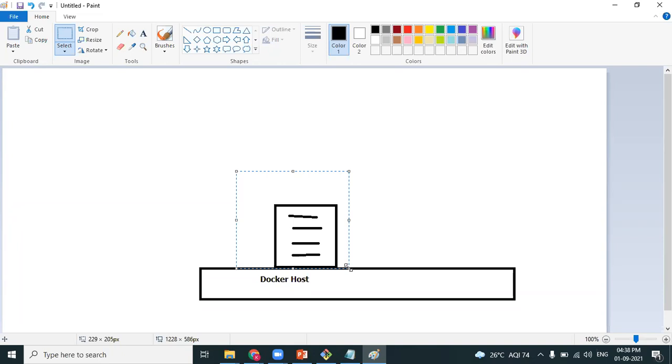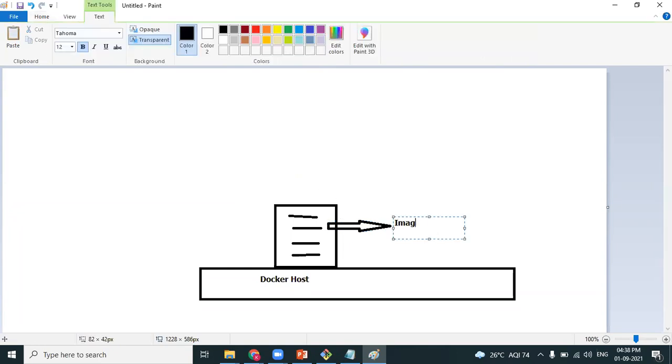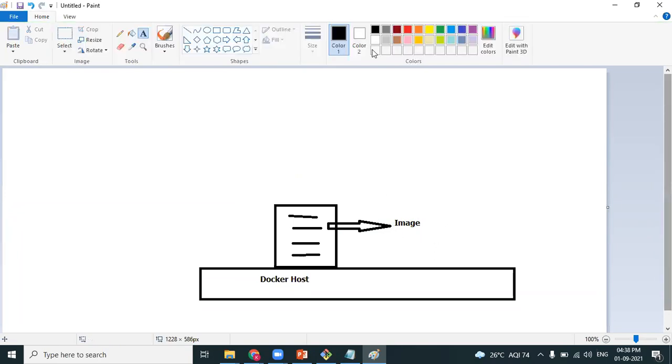If you want to preserve the status of the container, my dear friends, are you understanding? We can do that by converting the container into an image. These images which we are creating are obviously called the customized images.